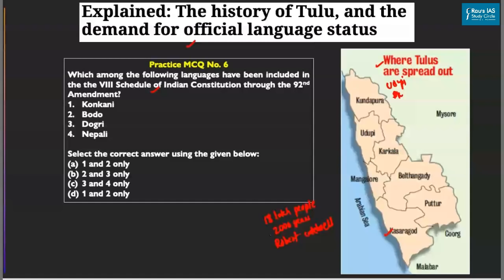Now, as discussed before, the Ministry of Culture has come up with detailed guidelines for the inclusion of a language as a classical language. But as of now, we do not have any objective criteria for a language to be included in the 8th schedule of the Indian Constitution. In the year 2003, the Government of India had appointed a committee under the leadership of Sitakant Mohapatra. Now this particular committee has already submitted its recommendations and the government is still studying them as of now. So as of now, there is no objective criteria for including a language in the 8th schedule of the Indian